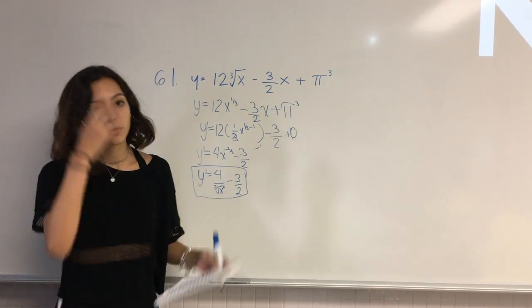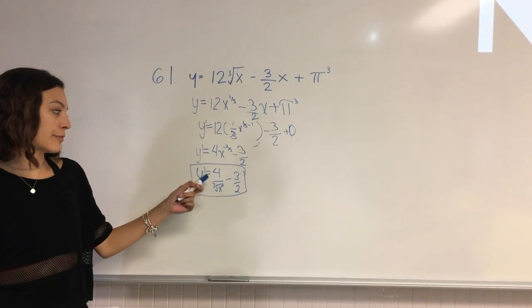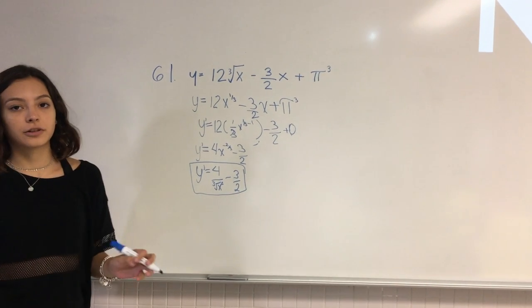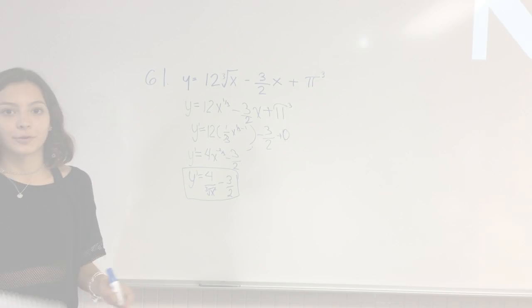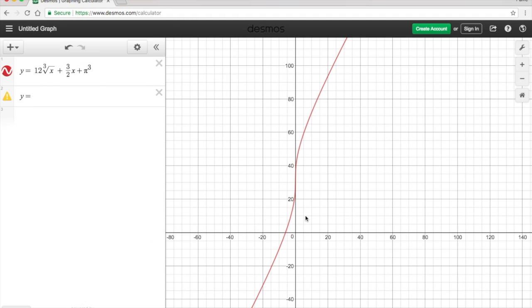And now, whichever number you plug in the x will give you the slope of the tangent line when x is that number. So this is the graph to the function of the problem, and as you can see,